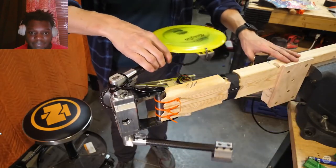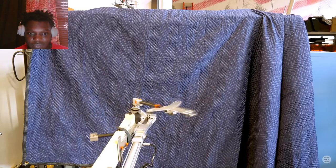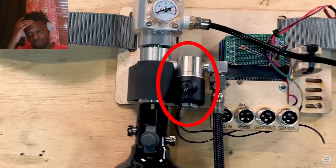All right, hopefully it works this time. 3, 2, 1. Why? All right, so I've been doing a lot of testing, and I think that this valve is part of